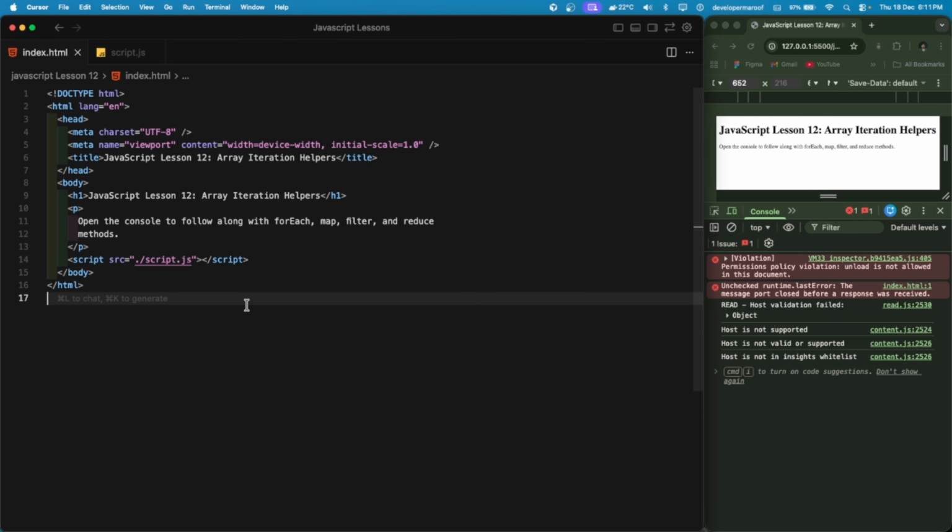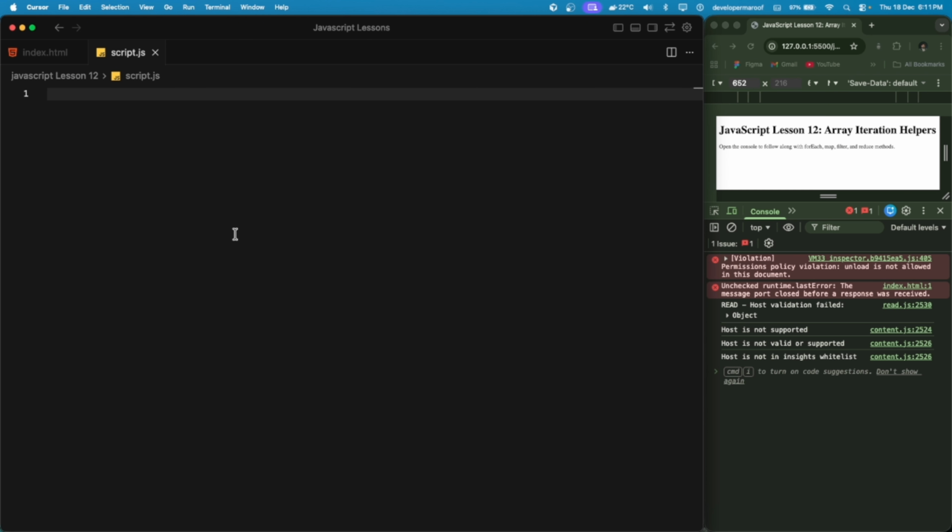Let's start coding. I've already created our HTML file. Let's dive into our JavaScript. So let's start with forEach. It's used to perform an action on each element of an array. Let me show you from the basic. Let's add forEach